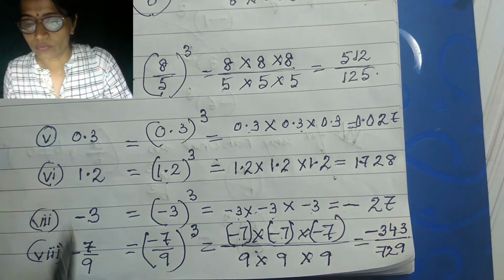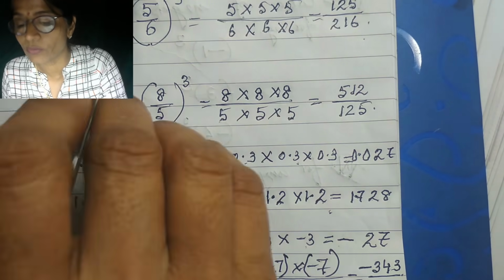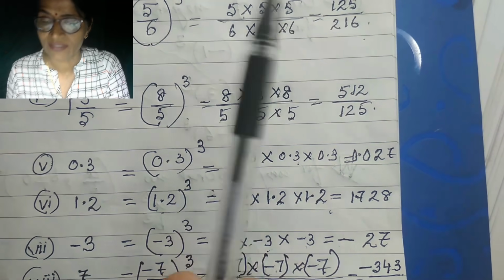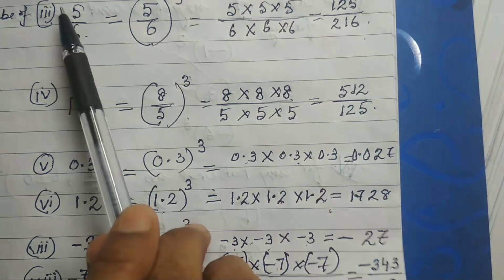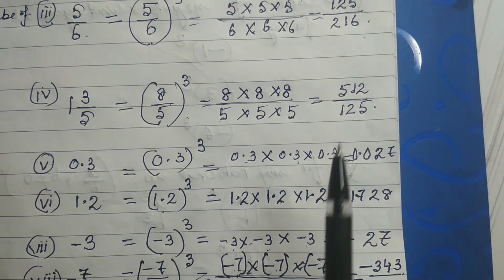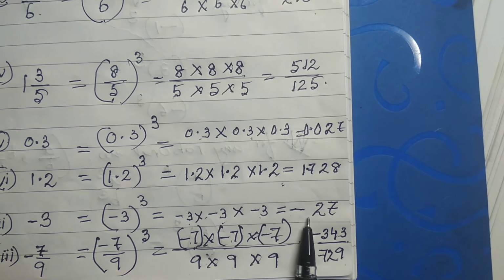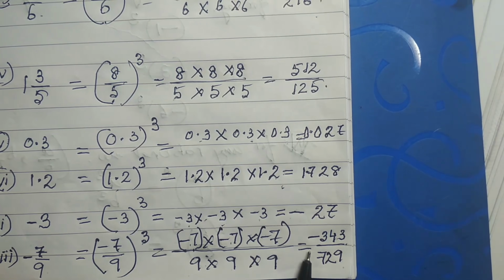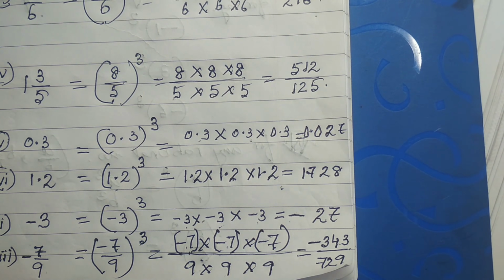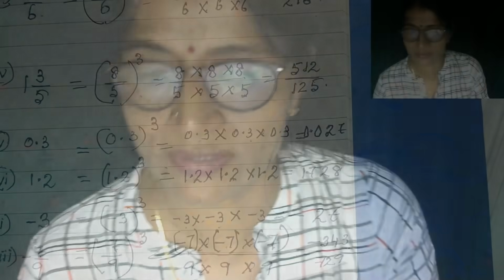So this is how to find the cube of a number. The cube of a number is nothing but multiplying the given number 3 times, and whatever you get will be the cube of that given number. Again, if it is a negative number, what do you observe? The cube of a negative number is negative, and here also you are getting negative. Why? Because I have to multiply the negative sign 3 times, and we know that minus minus is plus, again plus into minus is minus.